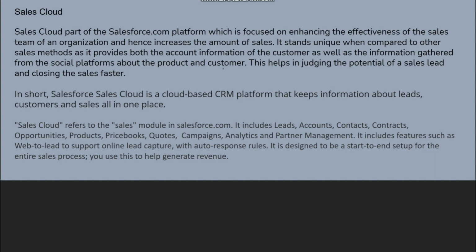In short, you can say that Salesforce Sales Cloud is a cloud-based CRM platform that keeps information about leads, customers, and sales all in a single place. So it is a single CRM platform where the information about its customer, its organization, and the sales processes are all in one place. In simple terms, one more definition, or one more explanation I have is that